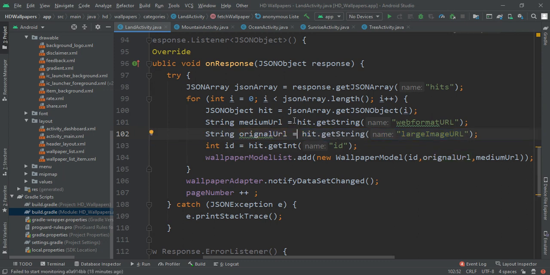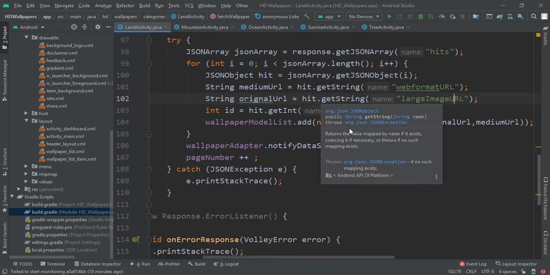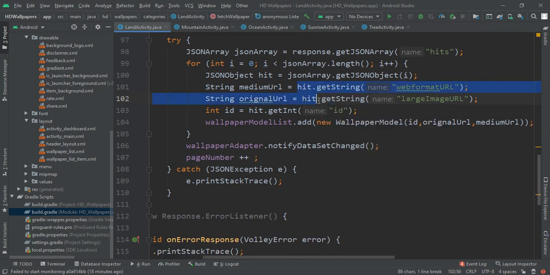First string is web format URL, means medium URL. Then we have original URL of large image URL. We will get these things from a hit, and then we are going to make an integer id to get the hit integer.